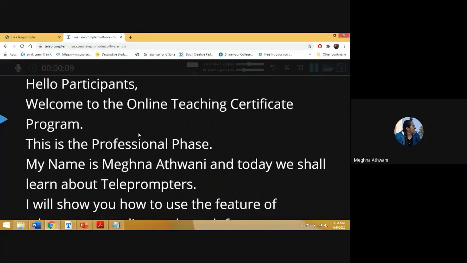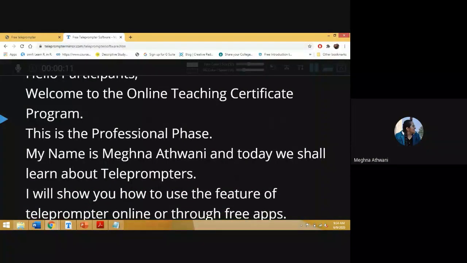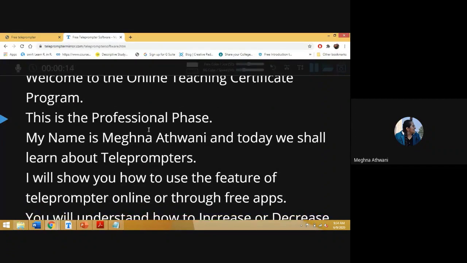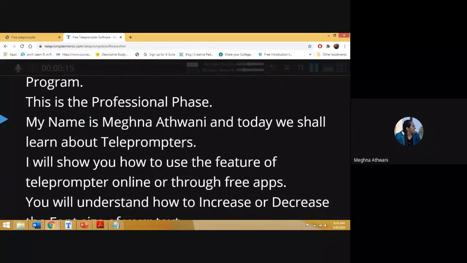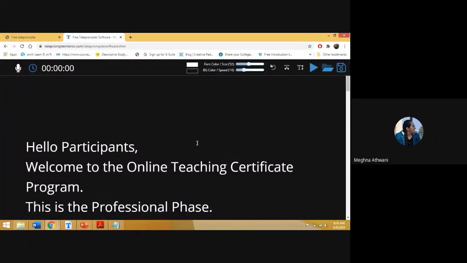Okay. If the speed is still fast, how slow can it go? Mr. Rohit has asked. Mr. Rohit, it depends upon your teleprompter. As I had already said, it will depend upon the teleprompter you are using. Like in the Q prompter, it was allowing you to go very fast and come down very slow, which is not the case in teleprompter software. It limits the speed to which you can go fast and to which you can slow down.